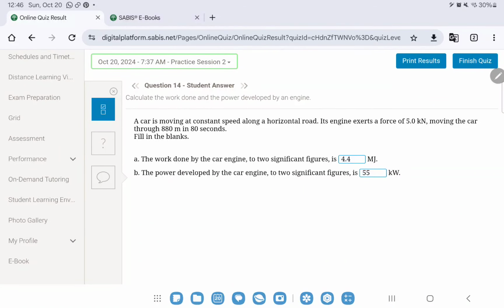Again, power and work. So a car is moving at a constant speed across a horizontal road. The engine exerts a force of 5 kilonewtons, so 5,000 newtons, moving the car through 880 meters in 80 seconds. So mgh, well, you don't need to do mgh because they gave you a force. It's just work equals force times distance here. Because we know that when they give you in newtons, it is your force. So now we do 5,000